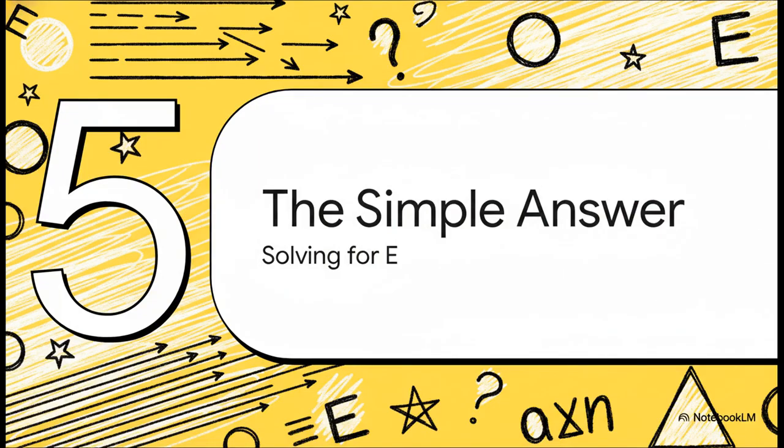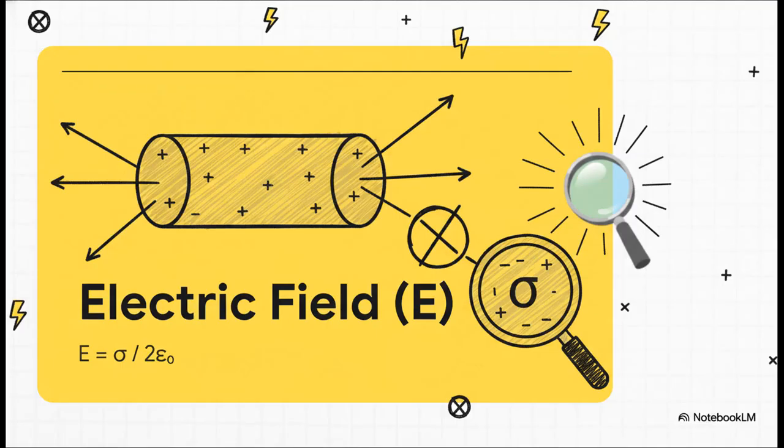Okay, so now we just set the two sides of the equation equal to each other. The flux part equals the charge part. We have everything we need to solve for E. And the answer that pops out is shockingly simple. And boom, there it is. We just do a little algebra, divide both sides by 2S, and look at that. The S, the area of our made-up cylinder, just cancels out from both sides. It doesn't even matter. What we're left with is that the electric field, E, is just sigma divided by 2 epsilon naught. That's it. It's beautiful.